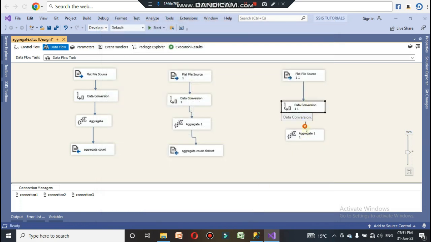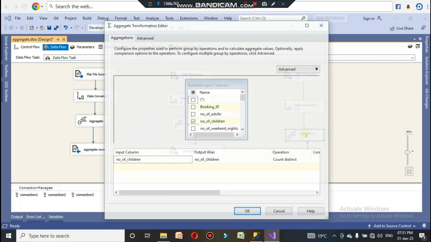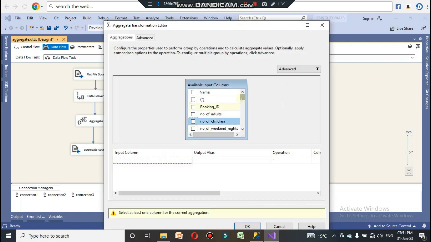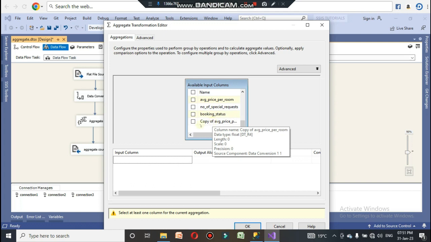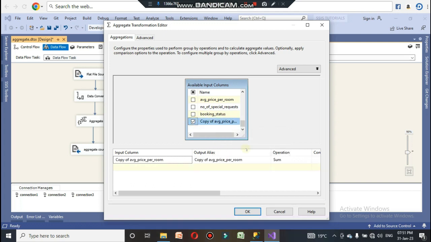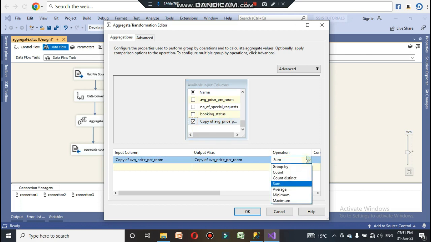So connect that one to the aggregate function, double click on this one, unselect this previous one, go to the average. Now we should not select this average price per room because we have renamed it to copy of average price, because we have converted from one form to another form. So select that one, and here you will have different aggregate functions: group by, count, count distinct, sum, average,